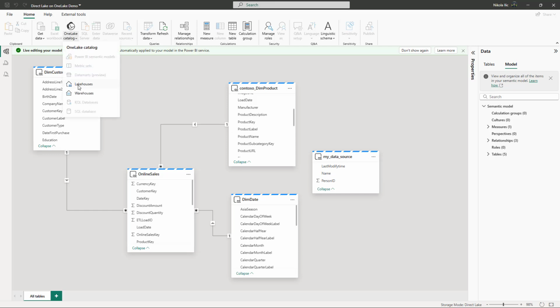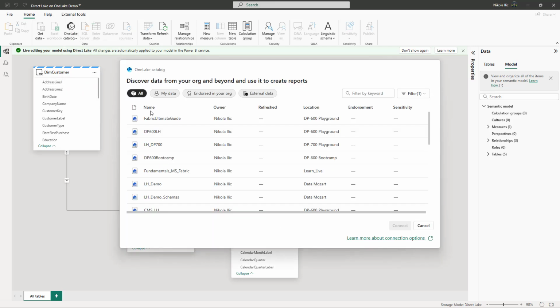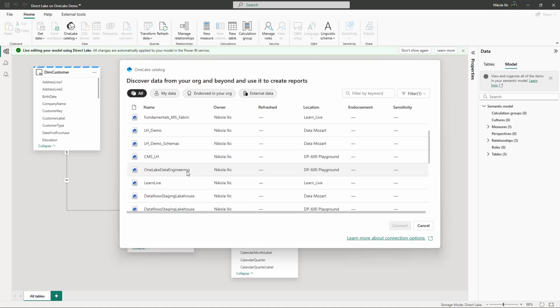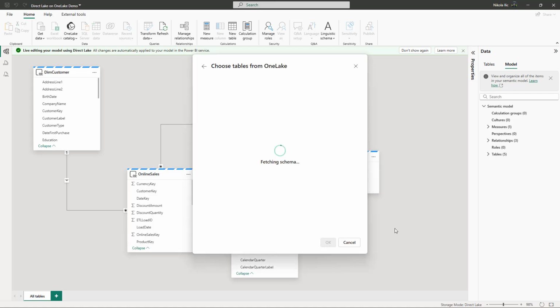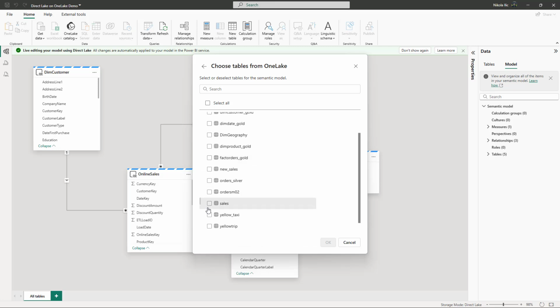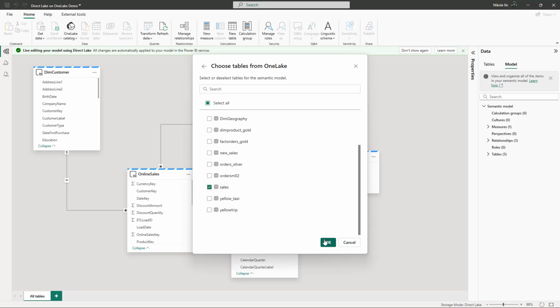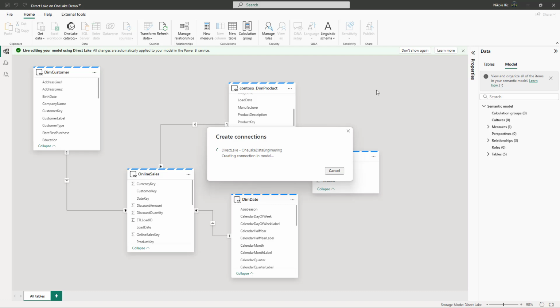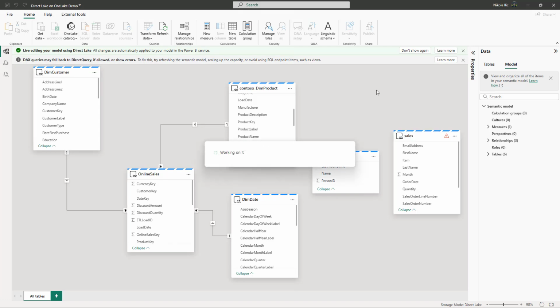Also, I can bring the data from another lakehouse. Let's find, for example, this OneLake data engineering, and pick, I don't know, sales. Click OK. So you can mix and match data from multiple Fabric items in a single Direct Lake semantic model,